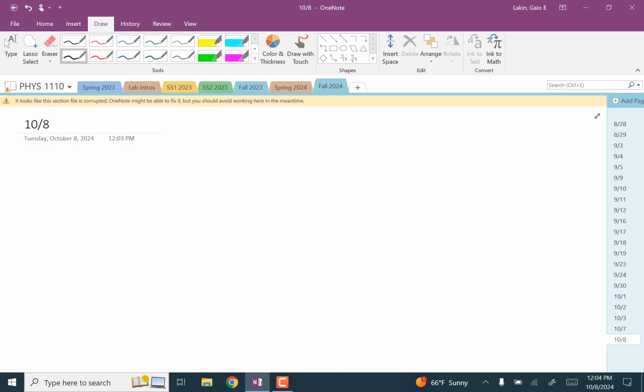Let's do one more example problem with a free body diagram just to remind you how this stuff all works. And then we'll get into going from the free body diagram to doing calculations in Newton's second law. Okay, so